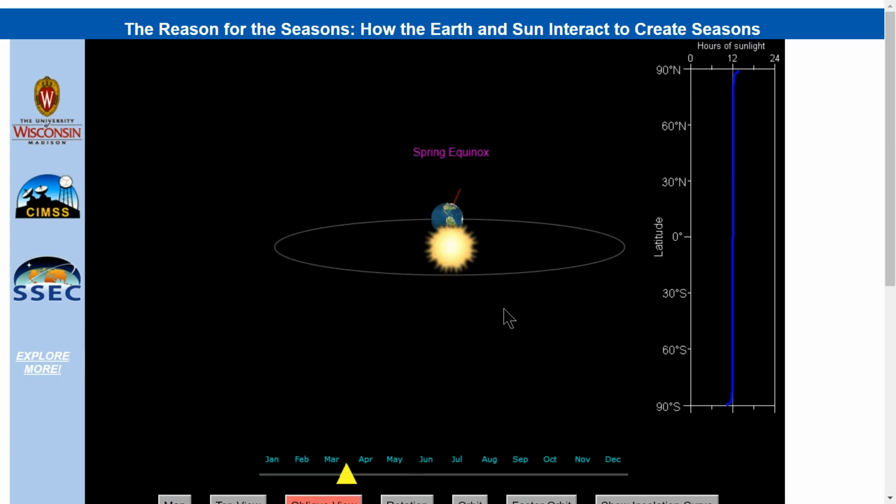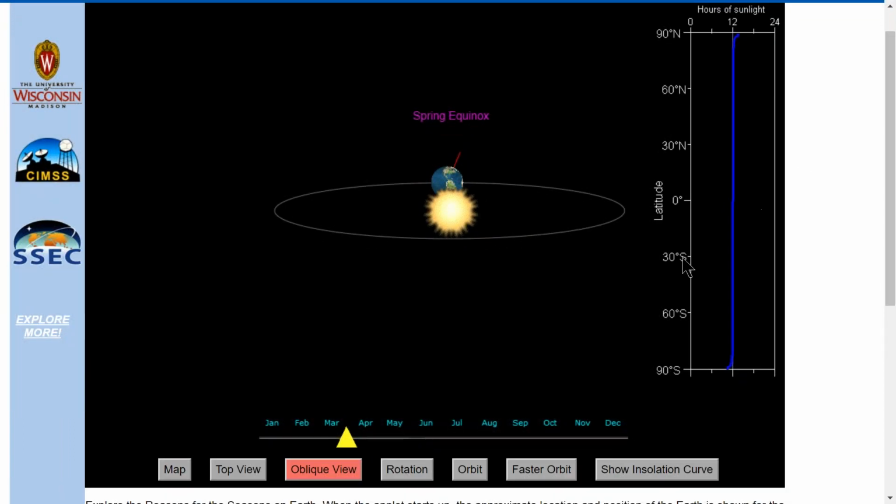We wanted to teach people about the seasons, and so we created this web app. It actually started as a Java applet. We have a few too many controls here, but I'm just going to zip through them. It will start up with the current date. So here you see we're late in March.